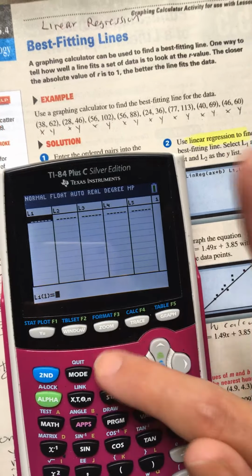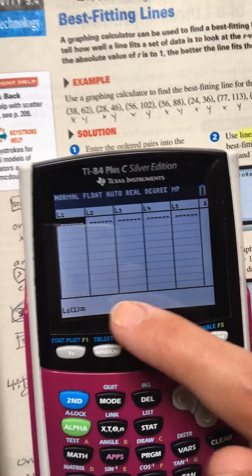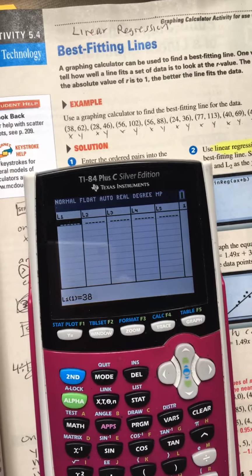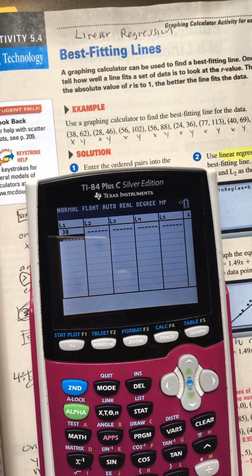You type them in, and when you type them in, they show up down here on the bottom. So 38, it's on the bottom, and to bump it up there, you hit enter. See, there it went. 28,